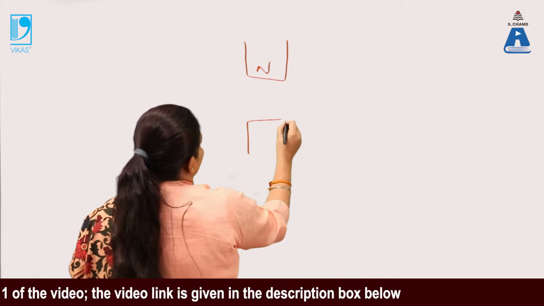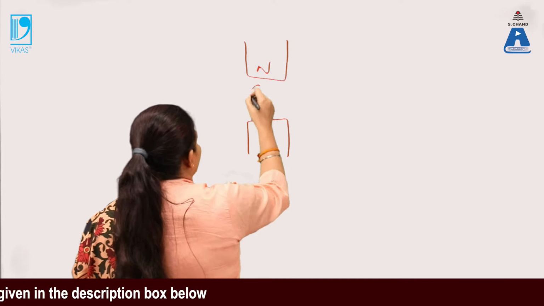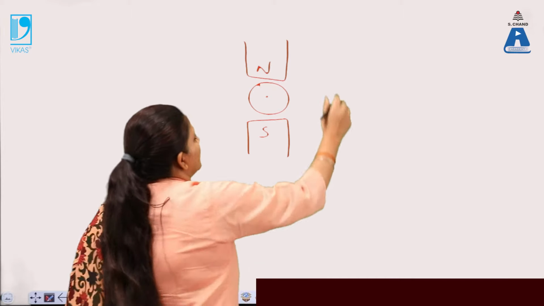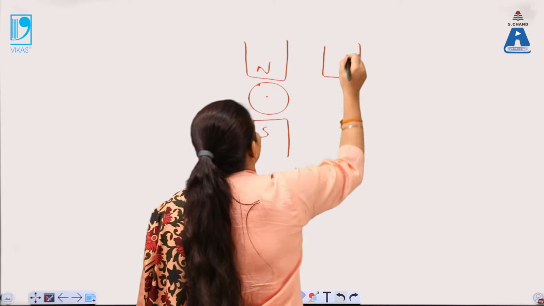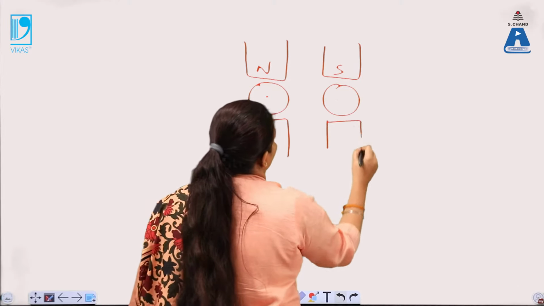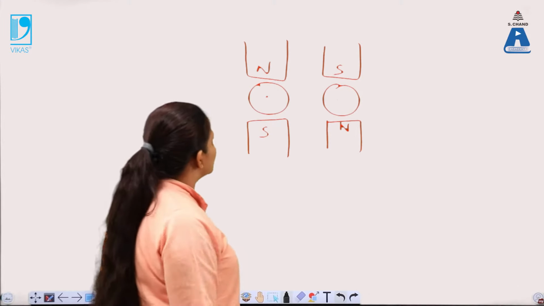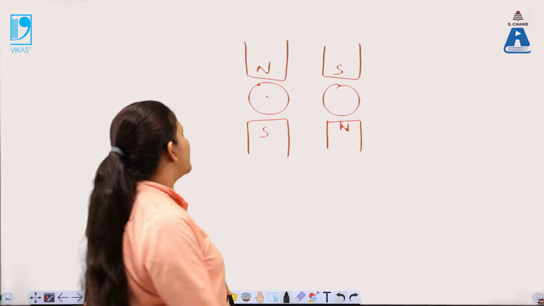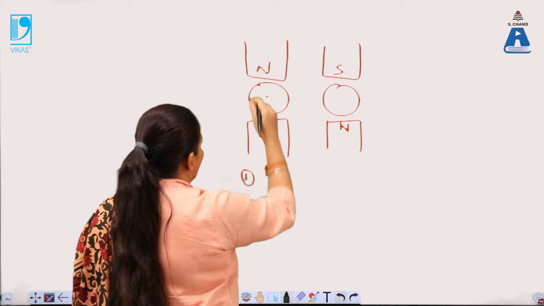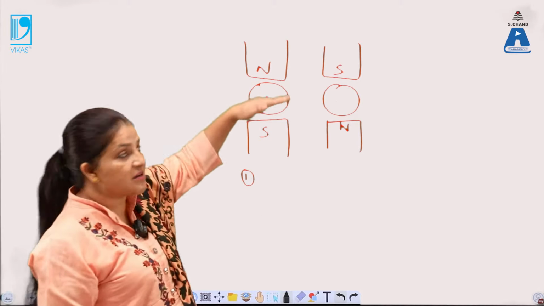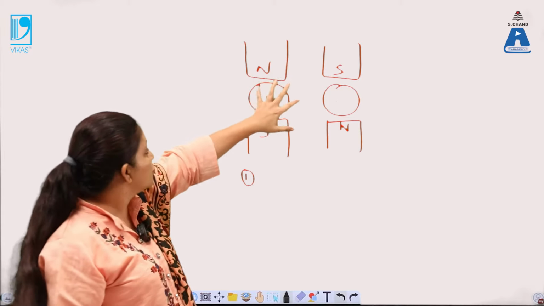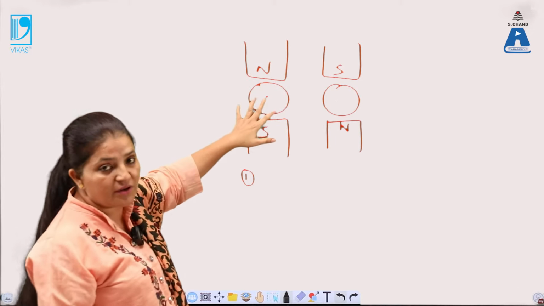So let us suppose during the positive half cycle, here is the north pole and here is the south pole. And again, when the polarity is changed, the south pole is over here and there is a north pole. So let us suppose this. Now we know that in the rotor, flux is changing. So as the field lines of force start crossing from north to south through the rotor, the rotor will rotate over here.